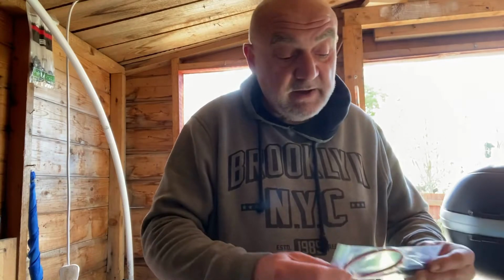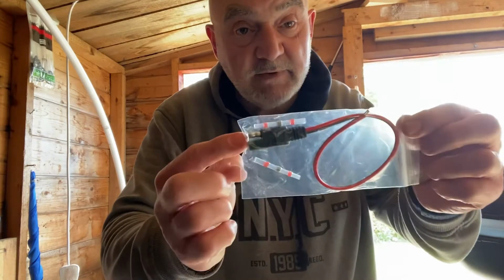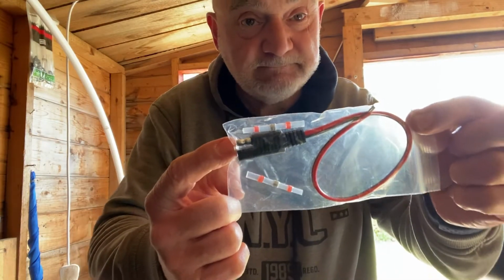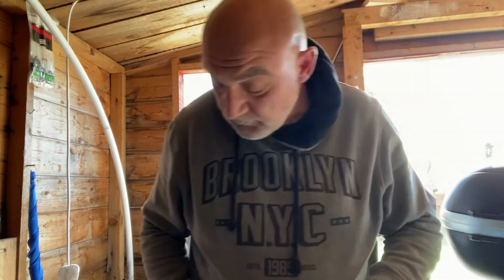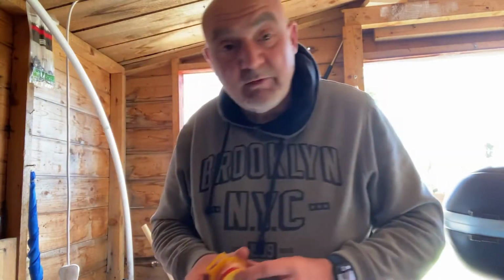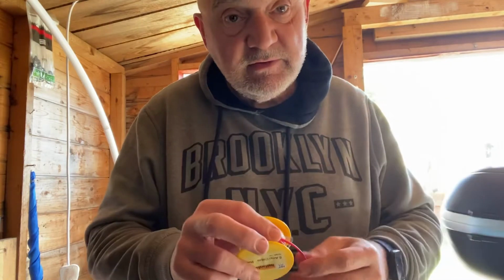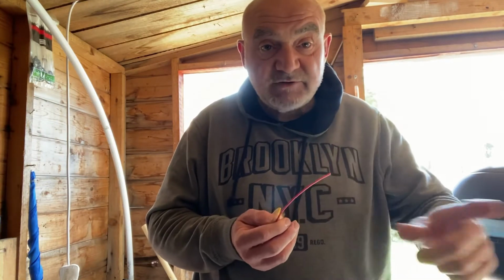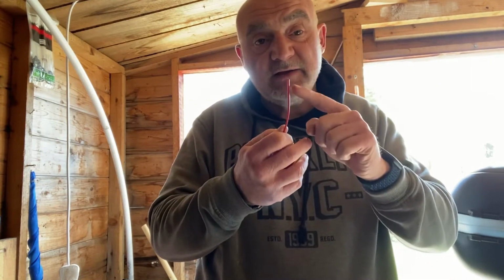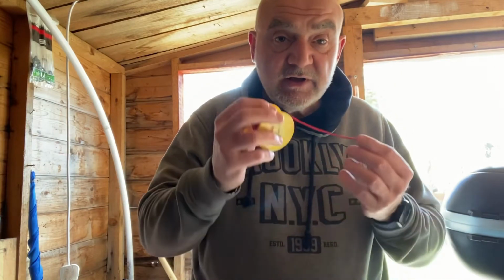On eBay you can simply put in SAE connectors and buy them separately. Obviously you get a couple of them, and all you do is take some ordinary wire, making sure it's the right thickness, not too thin, so it can hold 12 volts. One end will go to your battery, and on that end you can put a little V connector so it goes in to the screw nice and tight, and obviously the other end